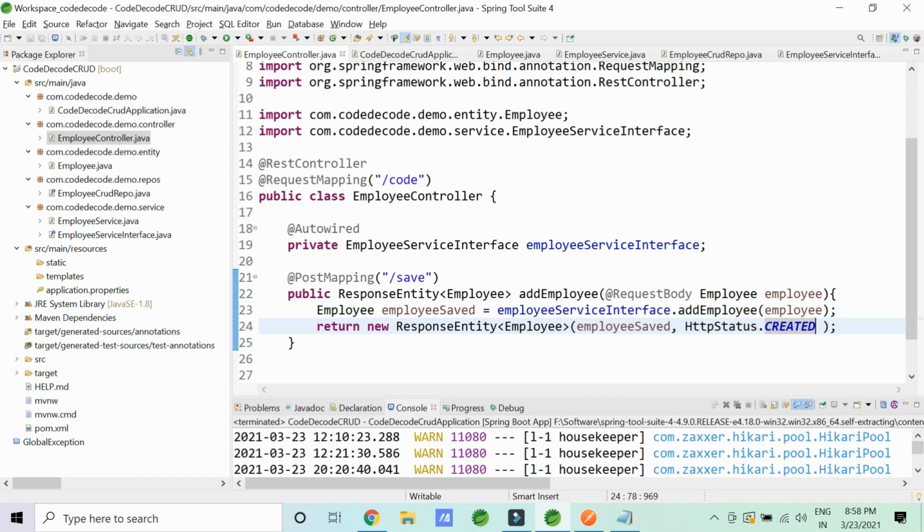You should always return a ResponseEntity object from a controller, and you should never just return a simple object. It's because you should always have an HTTP status with it. Now when we proceed forward with this CRUD, you will understand why I'm saying this, because while doing exception handling, you will see situations where you are not able to add the employee, you are not able to do anything with that particular employee.